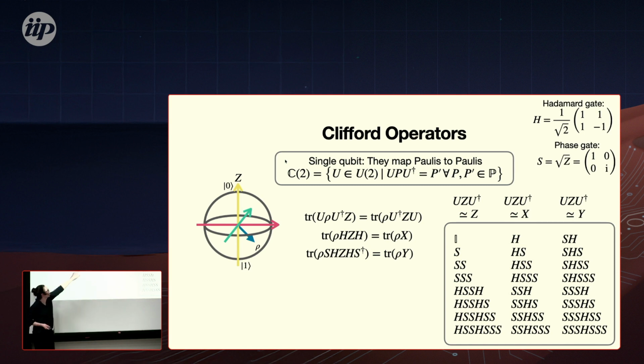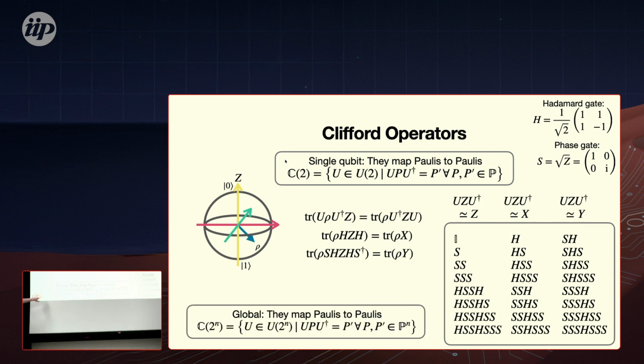And you can see here now that if we measure trace rho HZH, we actually measure trace rho X, and the same goes for Y. And now we need to watch out a little bit with the dagger, because we had to pull the U to the right, and now we cannot change the measurement axis in our device. We can only change our quantum state. So now we need to move them back in order to prepare our quantum state and then measure in that respective basis.